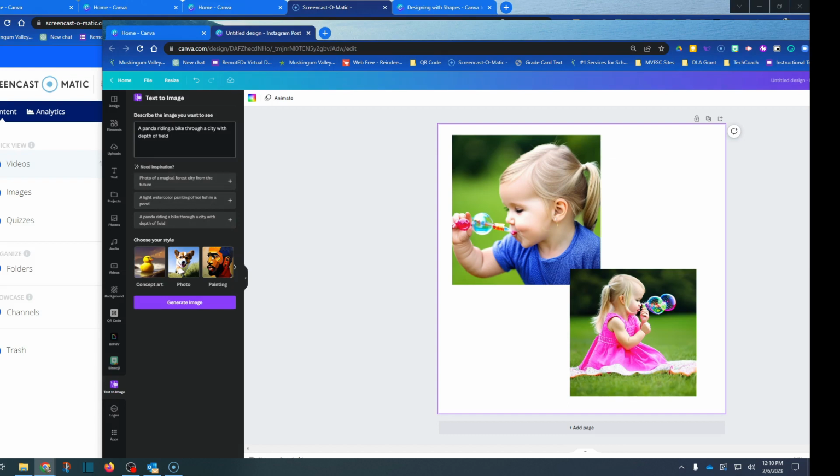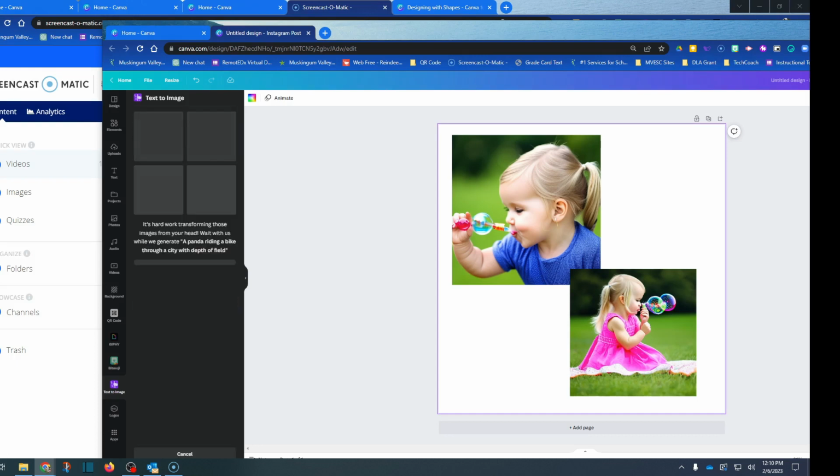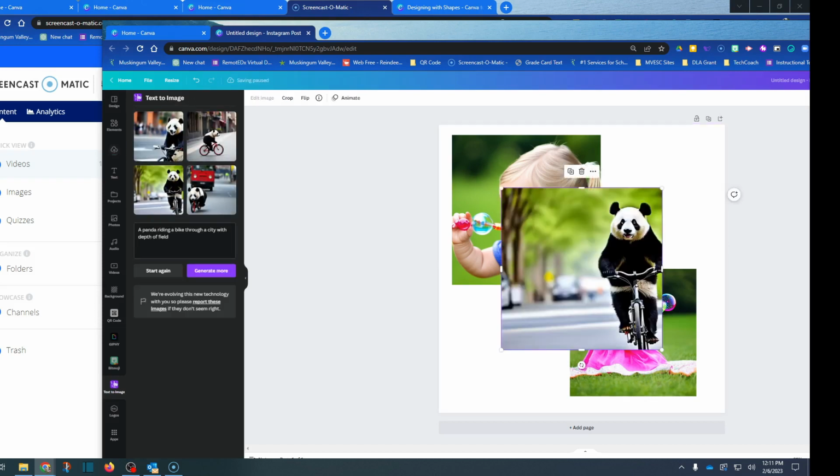This is an example that they decided will help people figure out how really detailed this text to image app can be. I can hit generate image. It starts to think about it, and it will come up with images based on that information. So look at this. Look at what it did. It has depth of field. It's got the background. You can see that obviously the panda is riding a bike. It's coming towards you. That is pretty darn amazing.